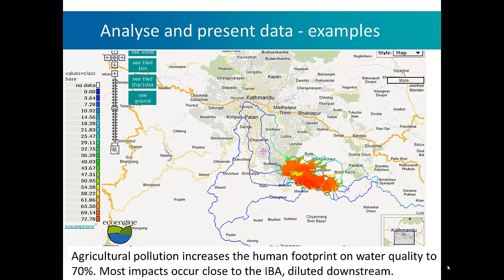Here is an output from the Water World model, which produces maps that can be produced in a variety of forms. Here it's focused on the important bird area Phulchoki, just outside of Kathmandu in Nepal, and it shows that agricultural pollution increases the human footprint on water quality as much as 70%. So the areas in red, which are effectively inside the site, were they to be converted to agriculture, would have